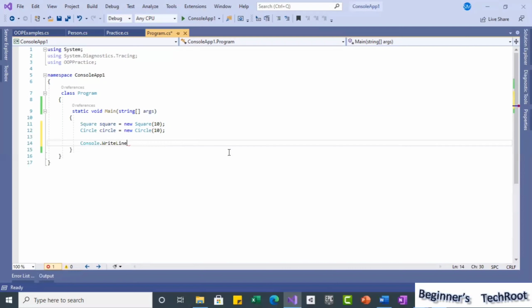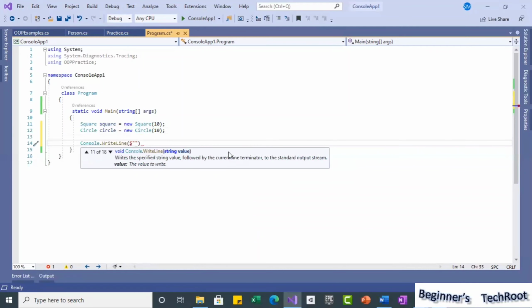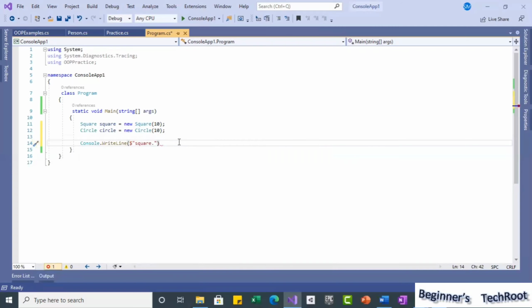Console.WriteLine. In this I will use the dollar interpolation. Here I will use the square dot, and a semicolon.